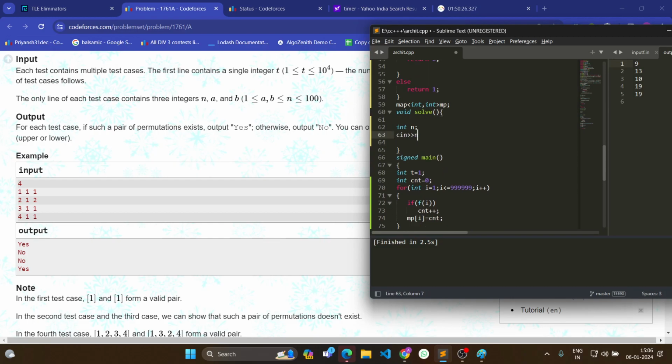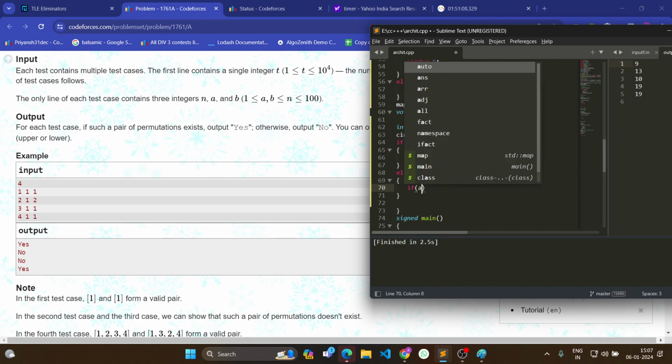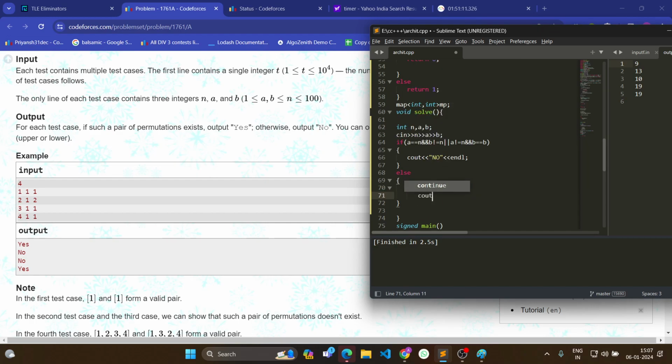ठीक है ना। int n, a, b. If a is equals to n and then b is not equals to n, or a is not equals to n and then b is equals to n, answer is no, else क्या हो जाएगा कि a is equals to n, b is equals to n, answer is yes, else